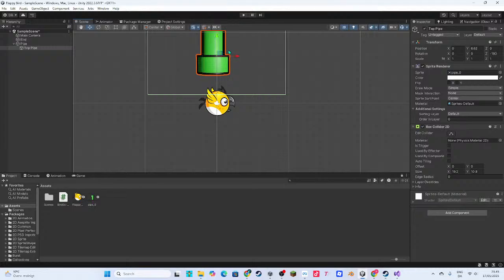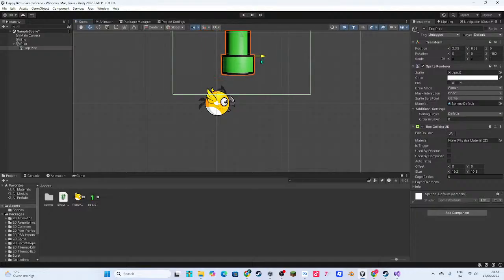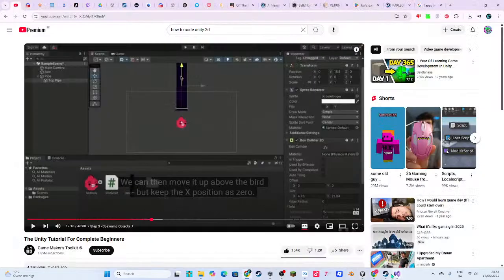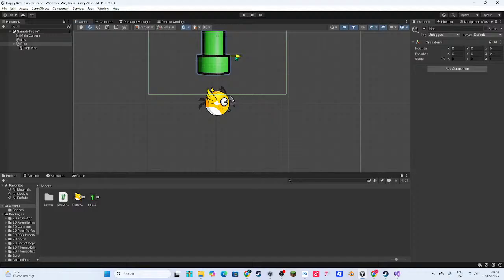Now that looks way better. That's not correct. There we go. That's way better.